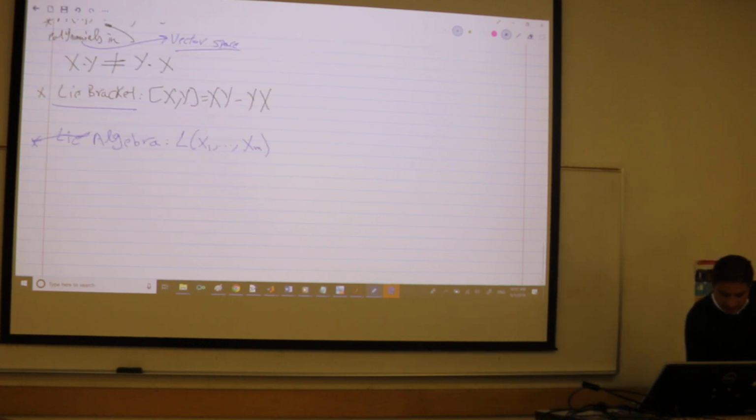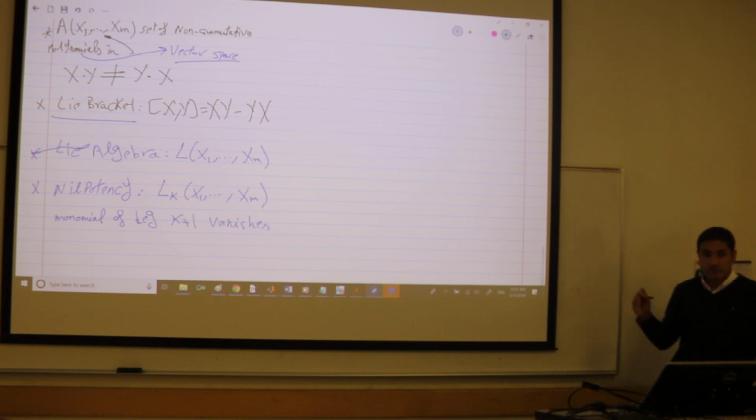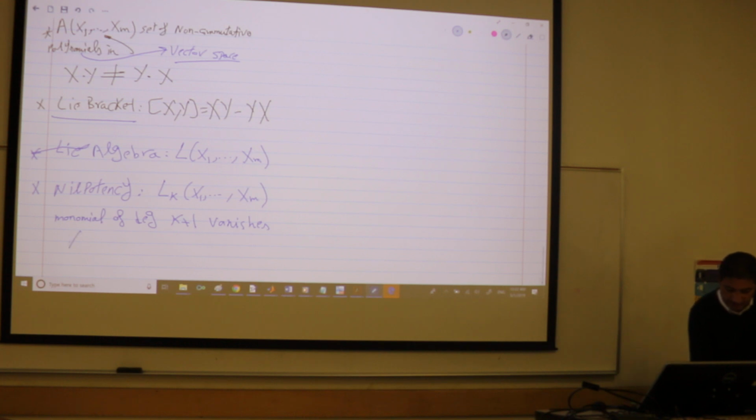So for this Lie algebra, we can also introduce nilpotency, because we are focusing on nilpotent systems. So now it's L_k of x1 up to xm. So any monomial, any term in your polynomial of degree k plus 1 vanishes, right? So if you have x1